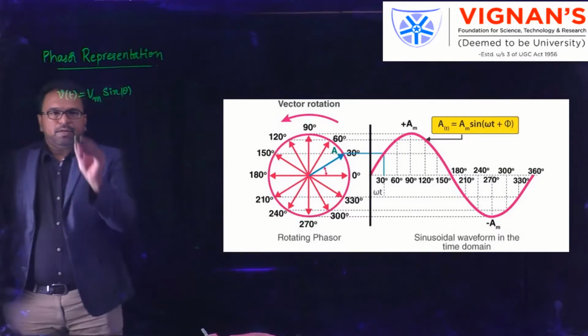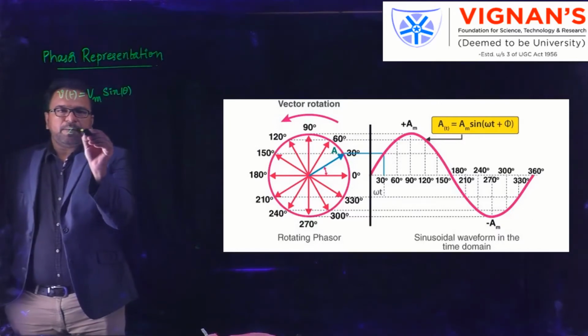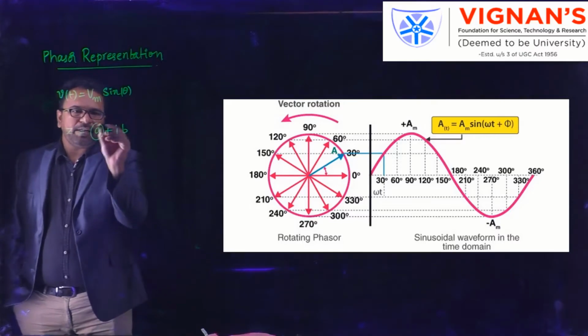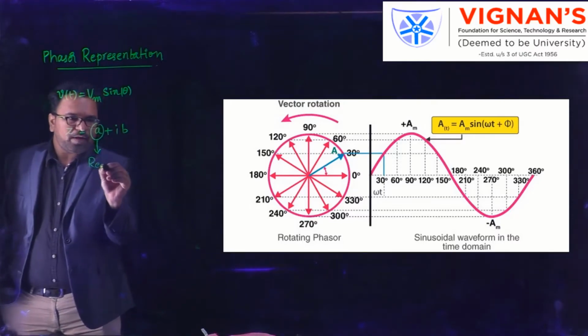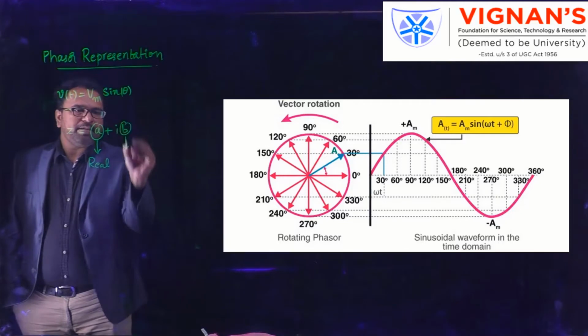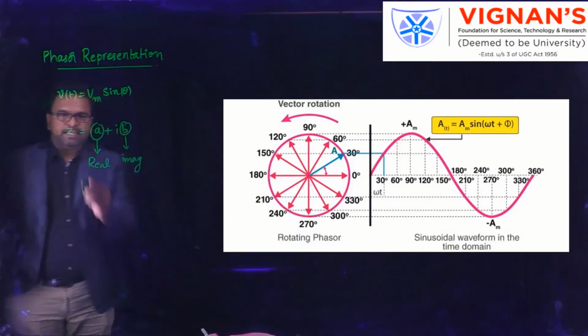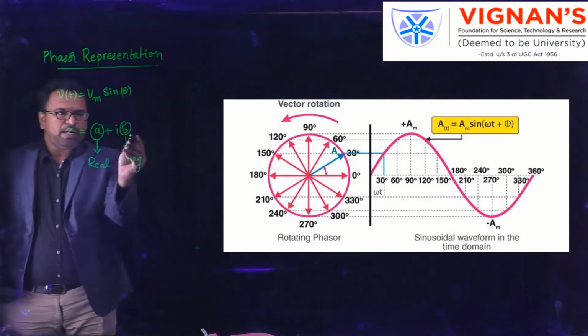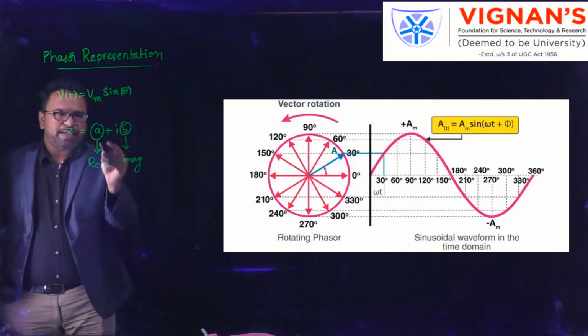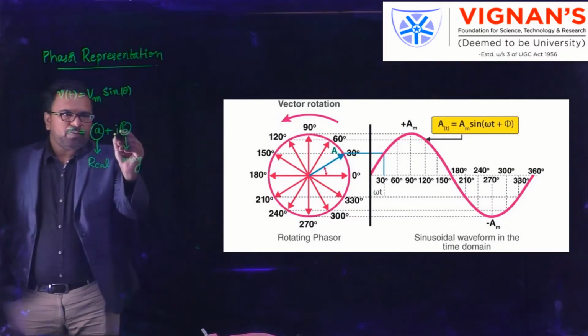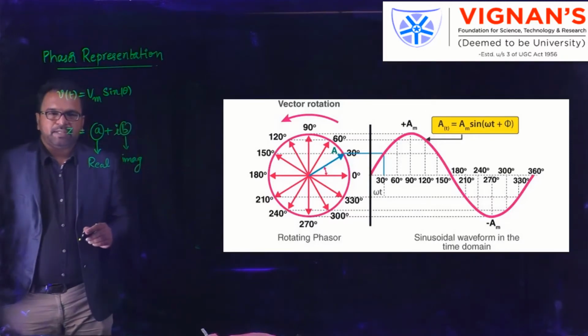So we know that a complex number can be represented by using two values. One is the real part and another one is the imaginary part. So a complex number Z contains two values, A plus iB. Here A is the real value and B is the imaginary value. And what about this i? i is the imaginary number.